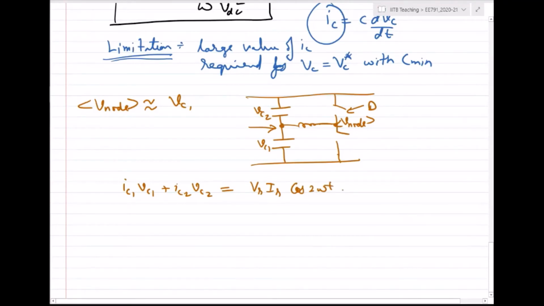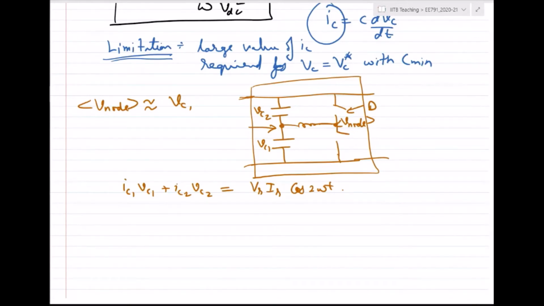Why? Because in this case, the power that this active power decoupling circuit is absorbing or supplying will get stored in one of these 2 caps. So if we add the power of each of them together, then that is the total power that this full circuit is either supplying or absorbing.